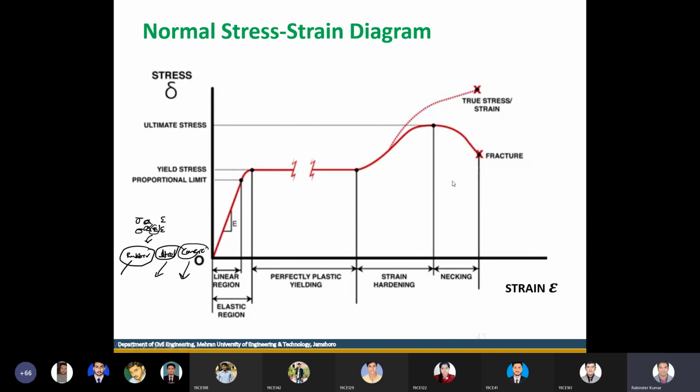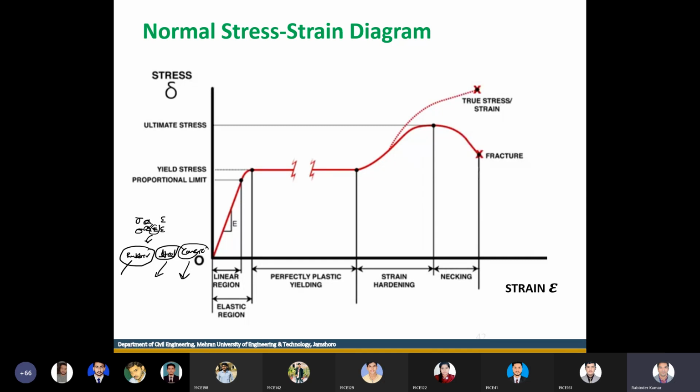And now from this point you need to understand the concept of true stress or strain versus engineering stress. We know that from this point the cross section area starts to reduce. When you use that area to calculate the stress, if the area is less, stresses will be higher. So if you want to compute the stresses from this point, stresses will be higher. That is why we see this is the true stress, because the stresses are higher.